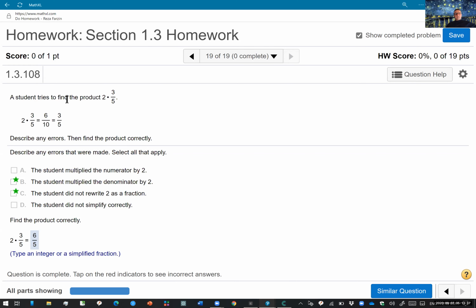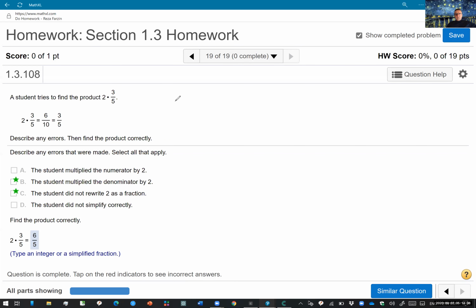So a student tries to find this product, 2 times 3/5, and what they do is they say 6/10. And so what do you think they did wrong? What did the student do incorrectly here? They basically multiplied the 2 both on the top as well as the what? The denominator, right? And that of course is wrong, because when you see